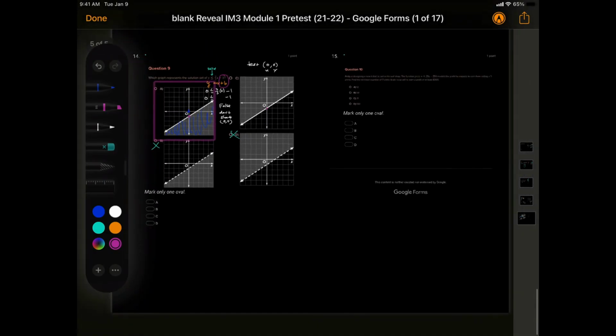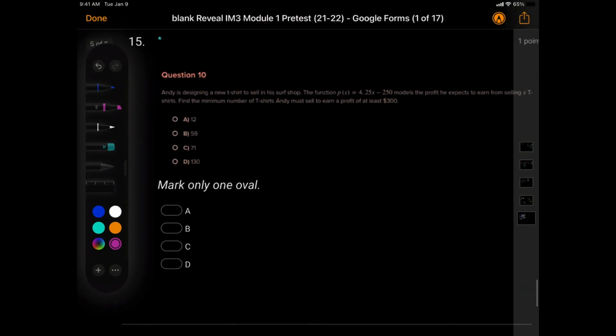And then number 10. Andy is designing a new t-shirt to sell in a surf shop. The function is P of x equals 4.25x minus 250, and the profit to earn for selling x amount of t-shirts. Find the minimum number of t-shirts Andy must sell to earn a profit of at least 300. Okay, so this last one basically tells me we want our profits to be at least or bigger than or equal to 300. And if I already have this one,